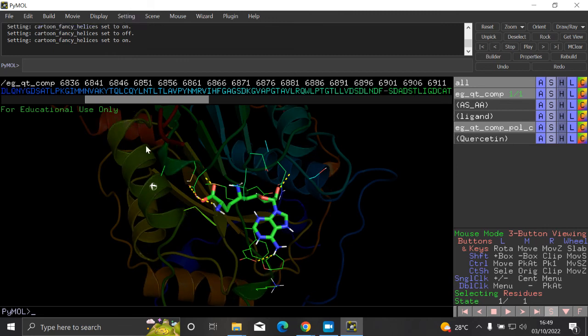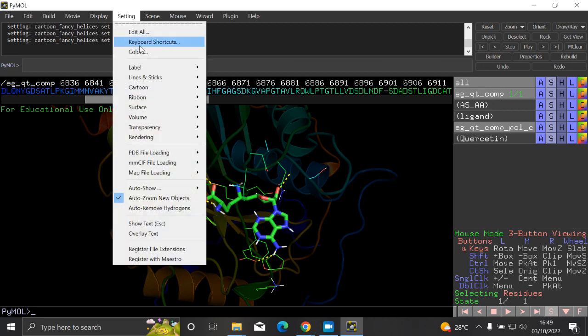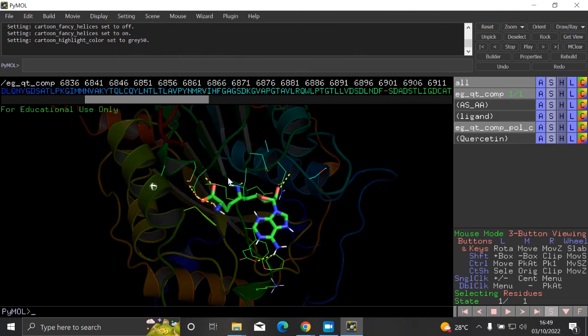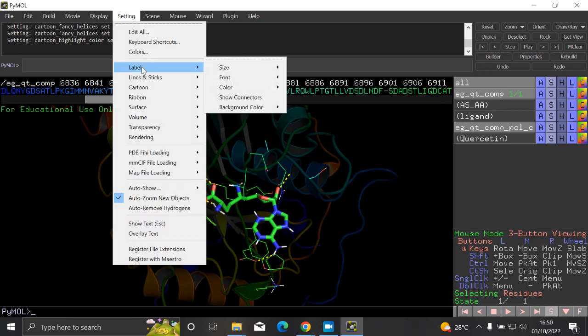Then after doing that, we click on settings again, we click on cartoon, then we click on highlight color. We are trying to make the colors of the internal part of the chains uniform. So we can see that the colors are now uniform, they are now more of a black. Then we click on settings,